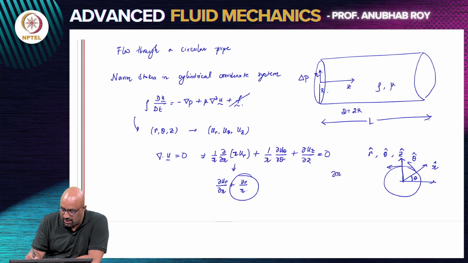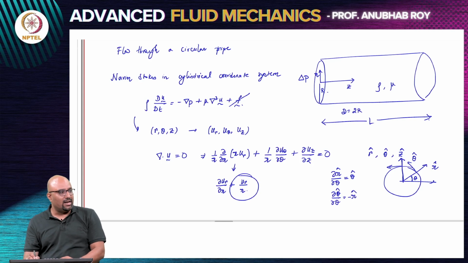So, this is to say formally that ∂θ of r cap is non-zero. So, ∂θ of r cap is actually θ cap and ∂θ of θ cap is actually minus r cap. You can work this out by writing down the statement for r cap and θ cap in terms of x cap and y cap, and then taking the derivative, because they will depend on sin θ and cos θ, and you will get that the unit vectors are of unit length, but they are not of the same